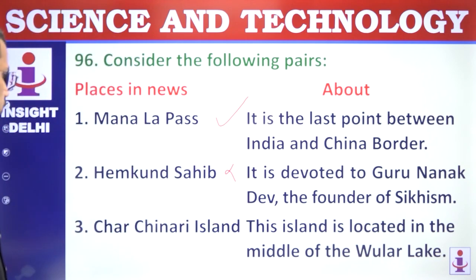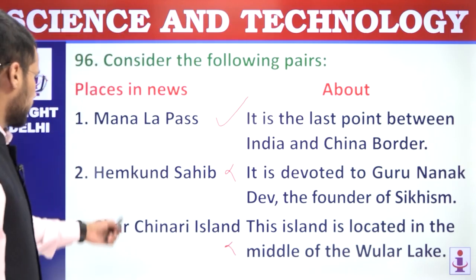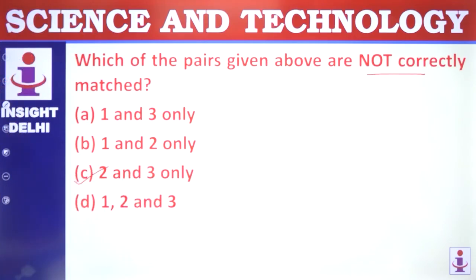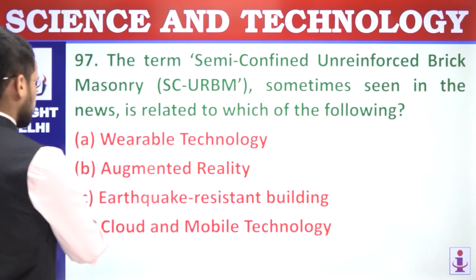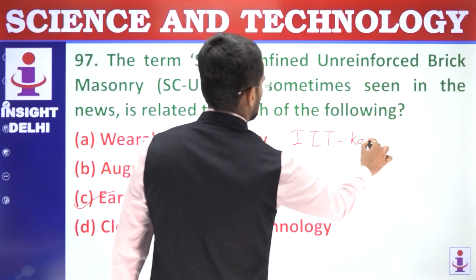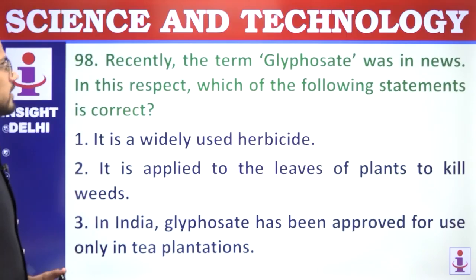Third, Char Chinari Island. This island is located in middle of the Wular Lake. Incorrect, it is in Dal Lake, not Wular Lake. So second and third are incorrect. We are supposed to find out not correct. Answer is C, 2 and 3 only. 96, answer is C. 97. The term semi-confined unreinforced brick masonry, sometimes seen in the news, is related to which of the following? So it is an earthquake resistant building, and this design is developed by IIT Kanpur. Answer is C. 98. Recently, the term